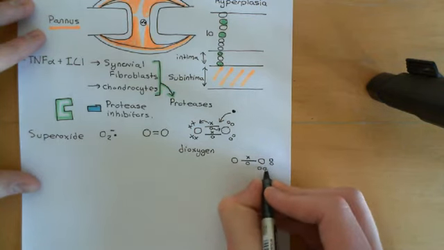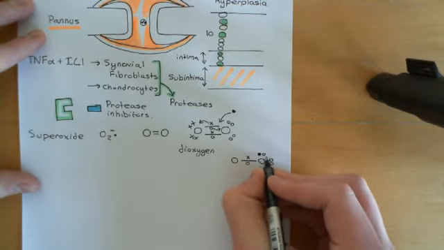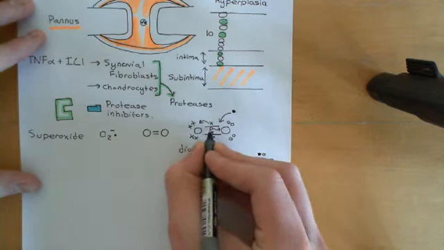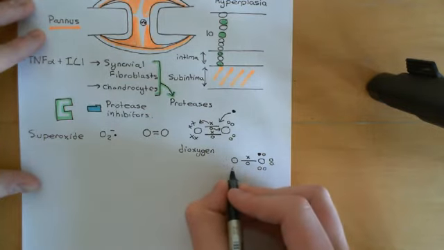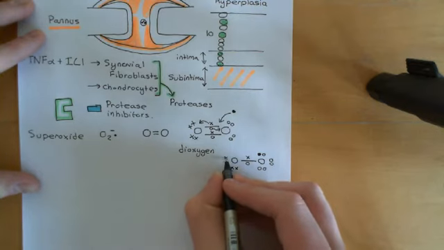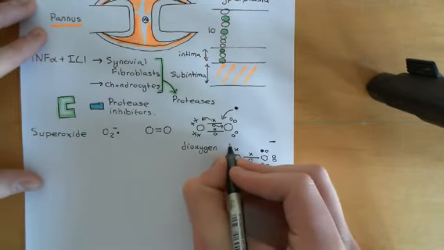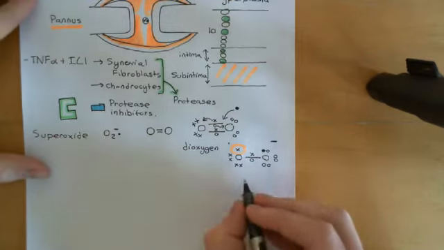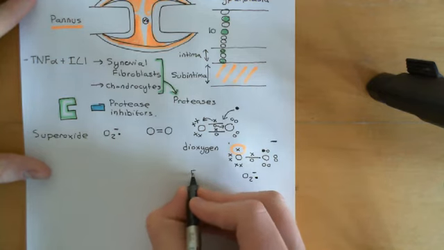Now this oxygen here is going to have three lone pairs of electrons. One of them is made up by that bad electron that's come in here, okay, and the electron that this oxygen atom took back from the second of the two covalent bonds, okay. And then this oxygen over here is going to be the problem, because it's now going to have two lone pairs of electrons, and then it's going to have an unpaired electron like so. So this oxygen has a negative charge, this one has a free radical basically. Okay, so free radicals are just where you've got an unpaired electron basically. Okay, and that makes the molecule extremely reactive. So this is the superoxide molecule, which we would write as O2 negative dot basically, and it's an example of